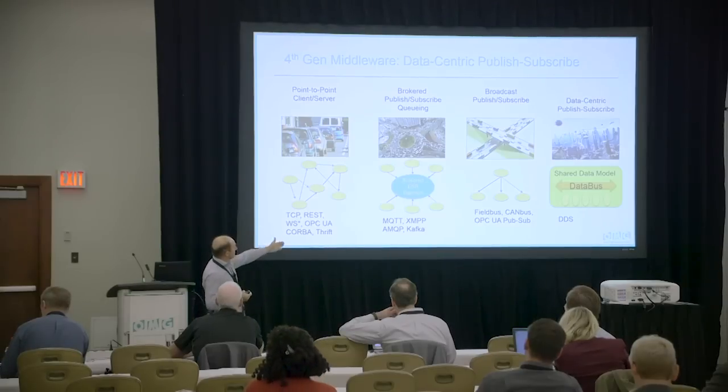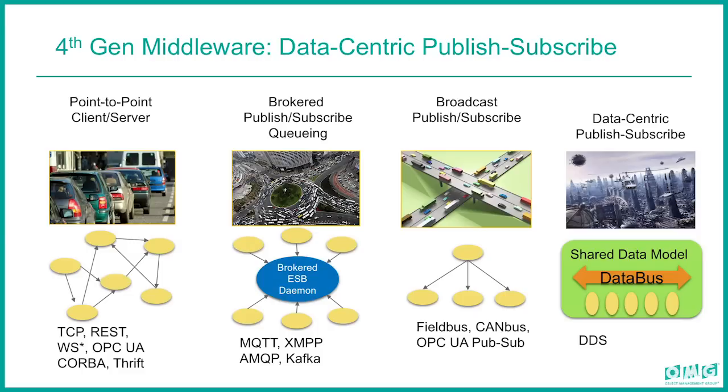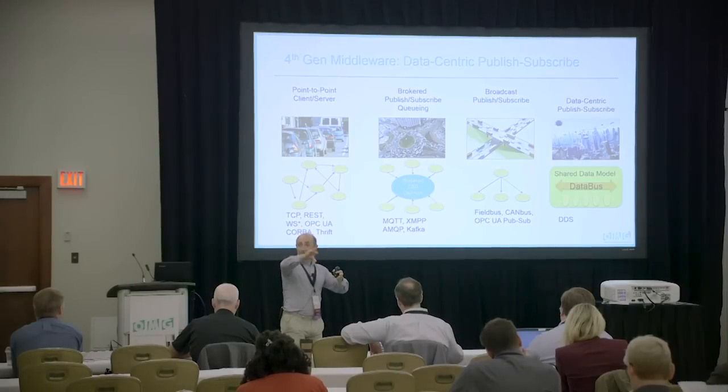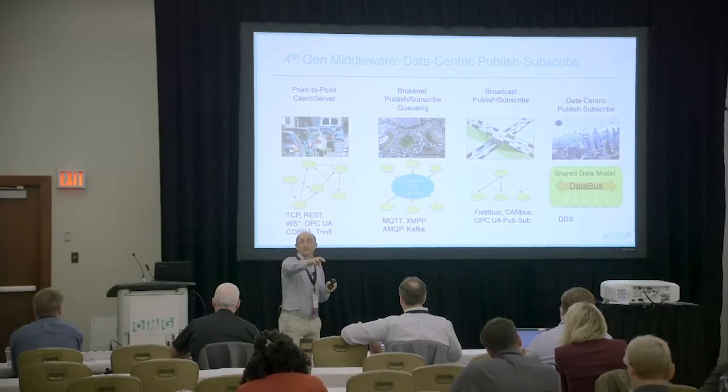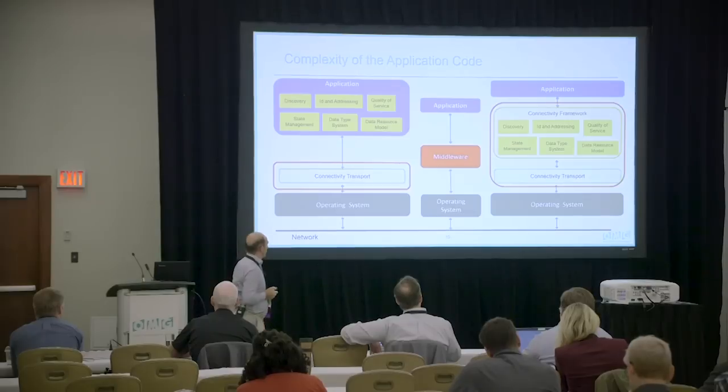And then in the industrial world, people started saying, well, we need a much more parallel architecture where all the lanes can go in traffic. And there have been several iterations of that. And finally, I think the data bus technology, which is what DDS does, puts together the concept of a centralized way to think about the information, while at the same time you have distributed peer-to-peer access to the data. So you want the best of both worlds. You want to be able to think of it as if it was central, right? Don't have to address the individual endpoints, but at the same time not have to go to the center to get the data directly from the source. So that's why it's kind of a fourth generation technology.